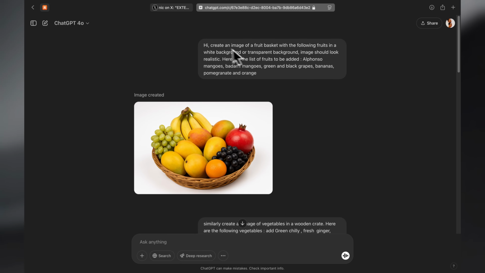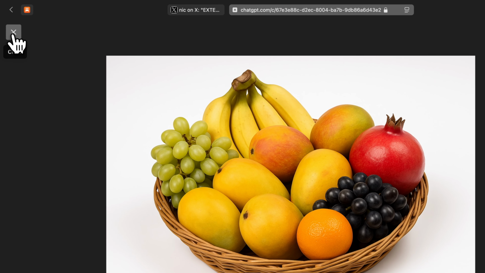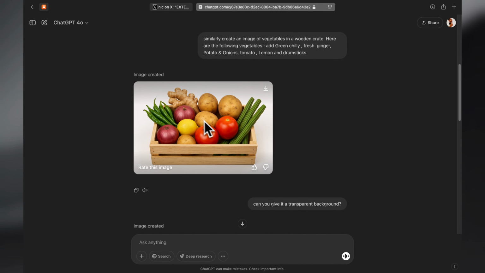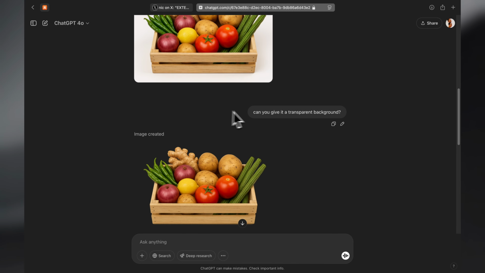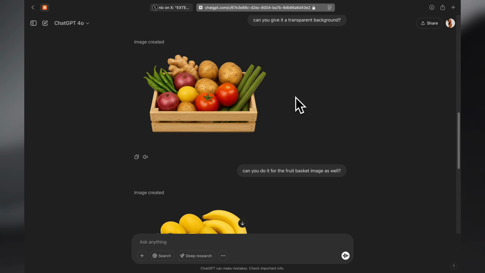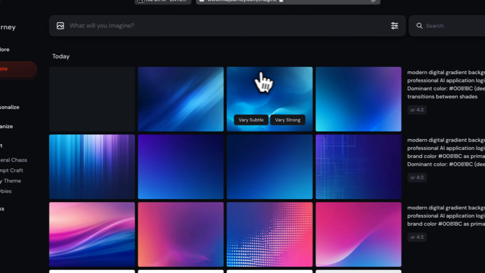But I created a basket like this for a project that I'm working on, and it's very good. It's very realistic. It's very usable, and it gave me a background also. And chatting with your images like this is a very good experience, other than Midjourney. I've created lots of images on Midjourney, but this feels even better because in Midjourney you just go and create images,